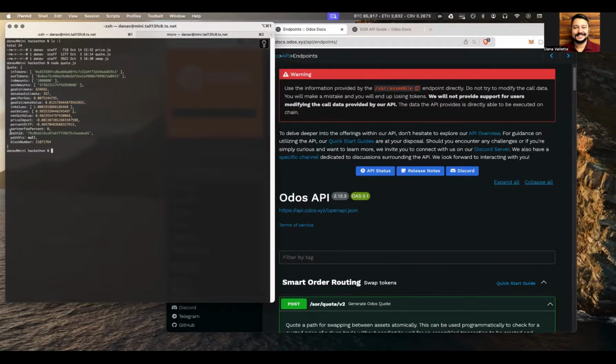One of those is the path ID. There's some misconception within the community sometimes regarding path ID. This is not something that we can go back and reference and then expect to be able to use the same routes that this quote was going to use.